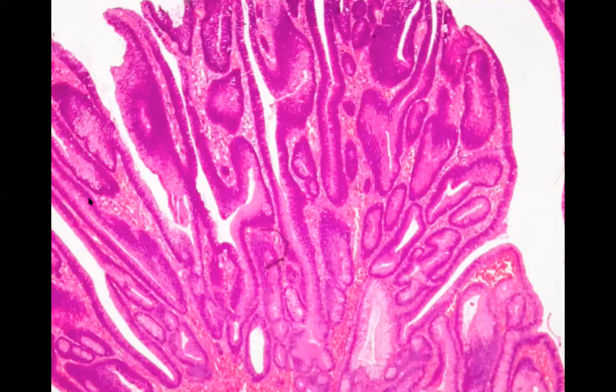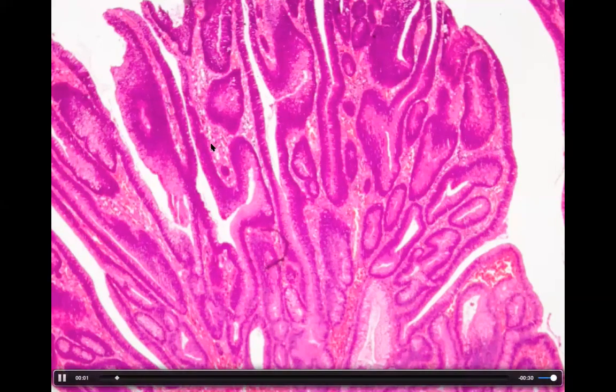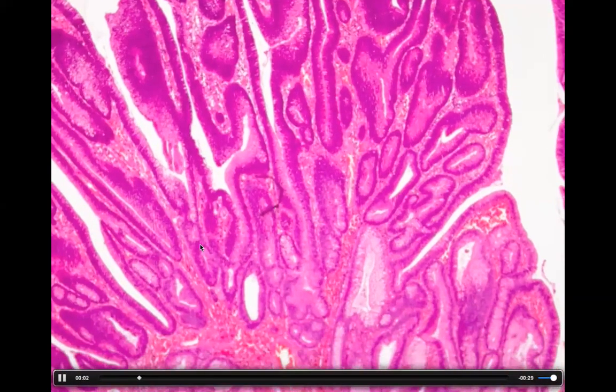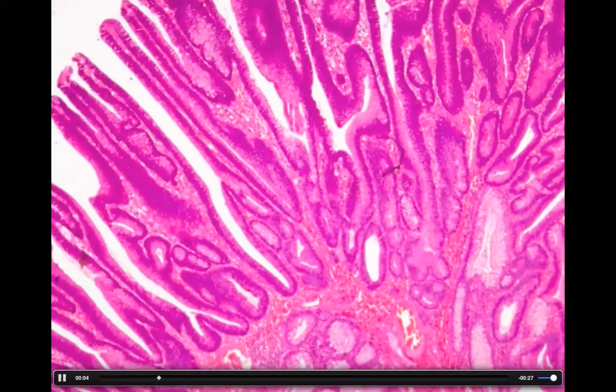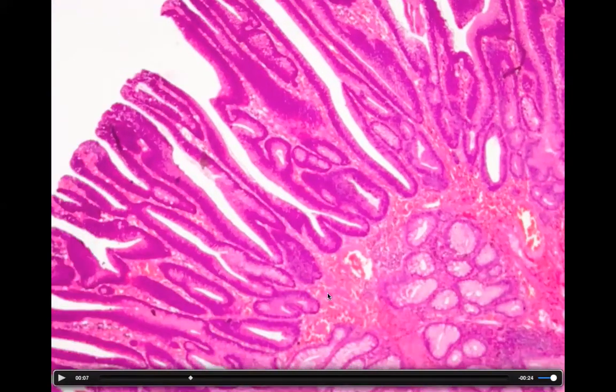For this tubulovillous adenoma, you can see that this polyp is showing the presence of these villiform patterns. There are several villi on the surface, and in addition to these villi on the surface, we are also seeing the presence of these small tubular glands. So there are these small glands which constitute part of the polyp, and then in the other areas we have this villiform pattern on the surface.